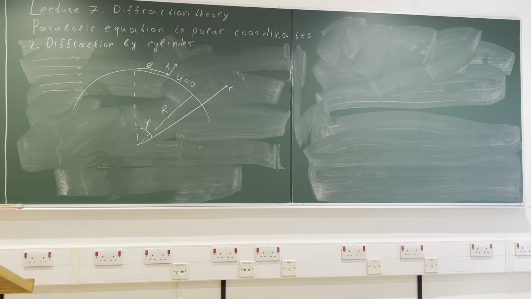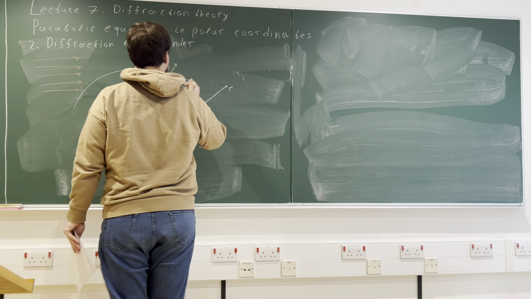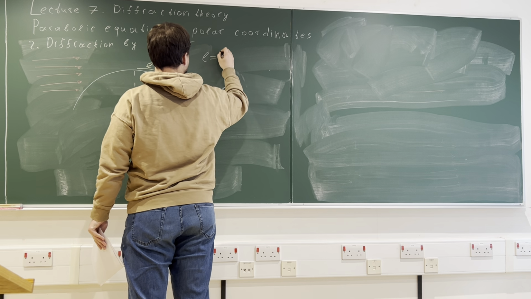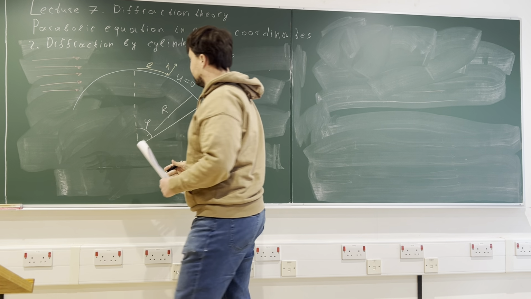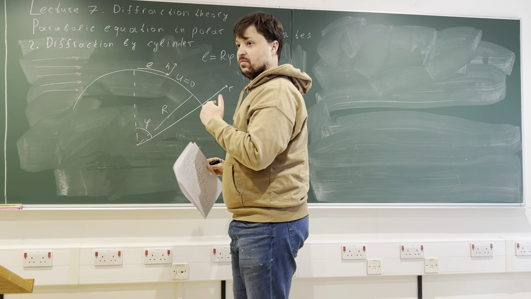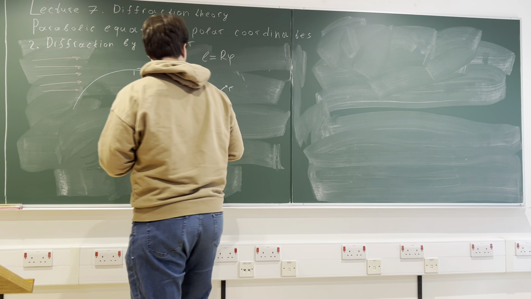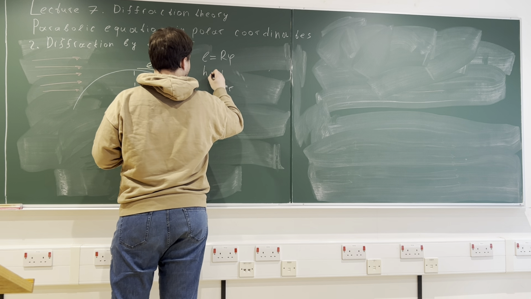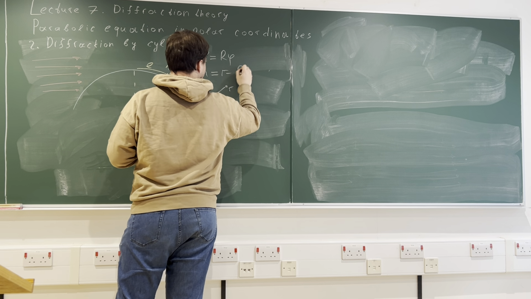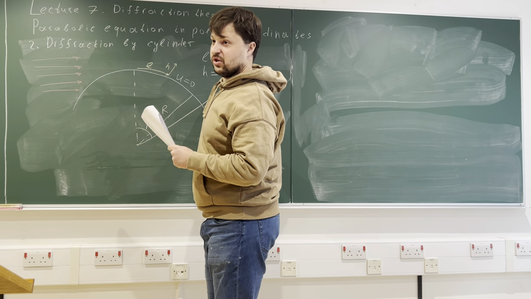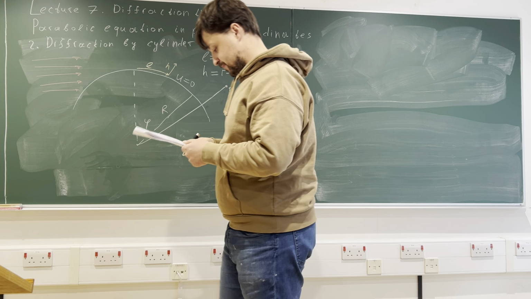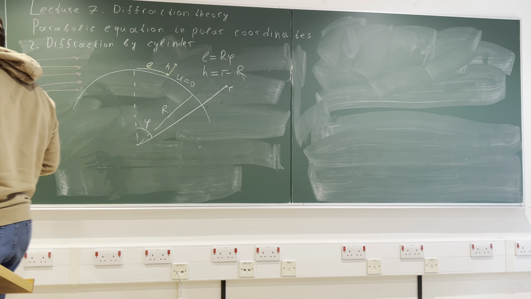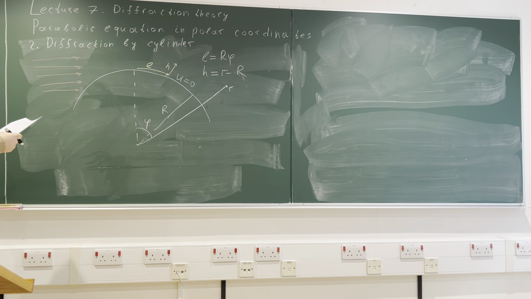and parabolic. L is R phi, okay, and H is r minus R, so this is the difference H. Okay, and